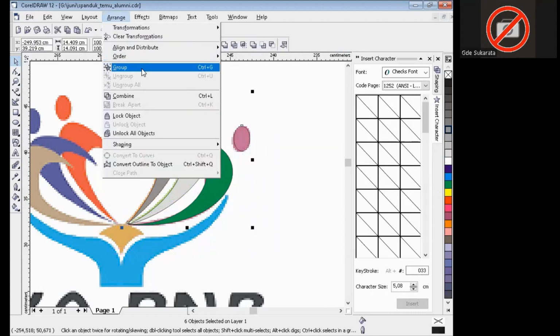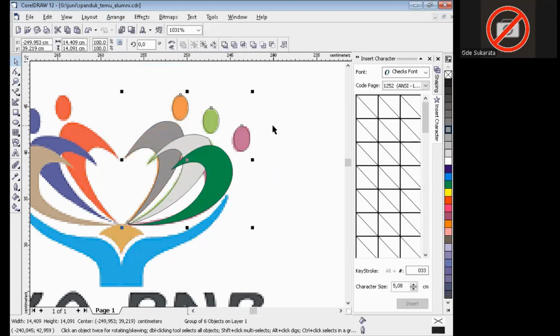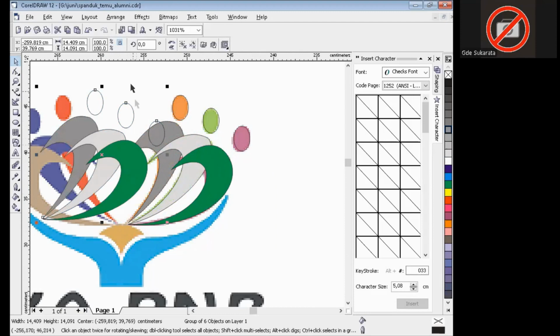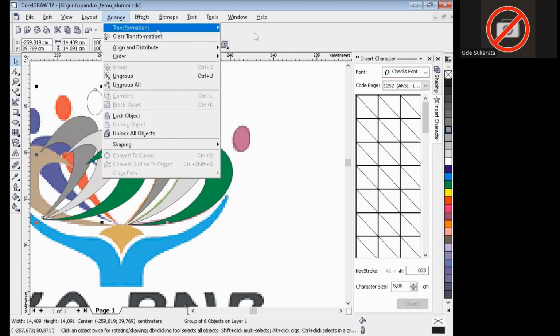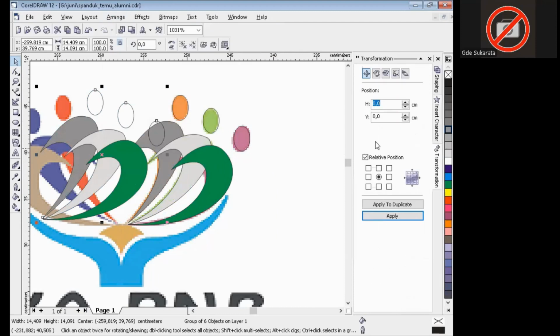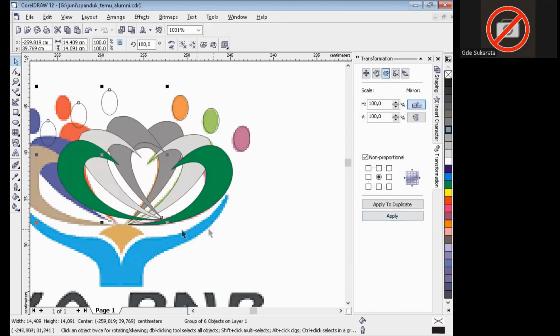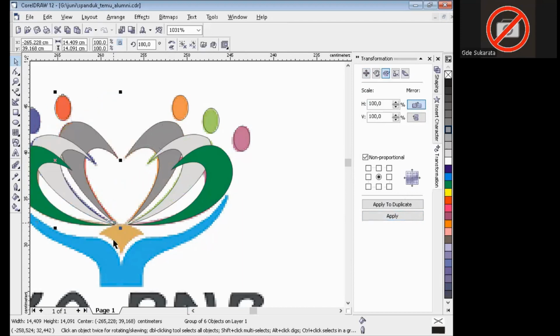Okay, I will group. After that, Control C, Control V here, arrange, transformation, position. You can choose select and mirror, and we can mirror horizontal. After that we can put here.